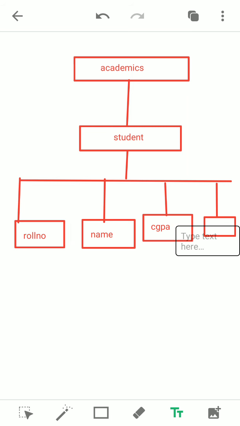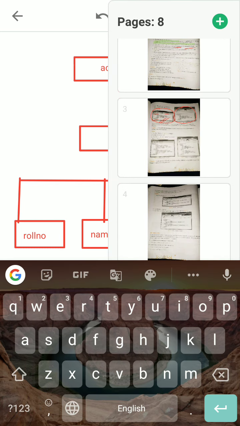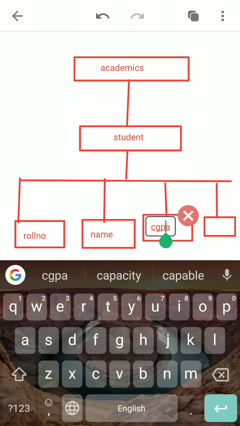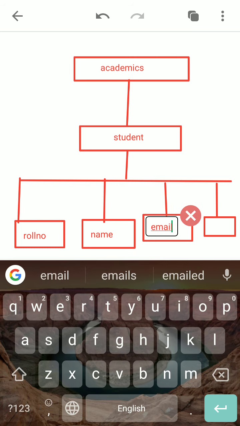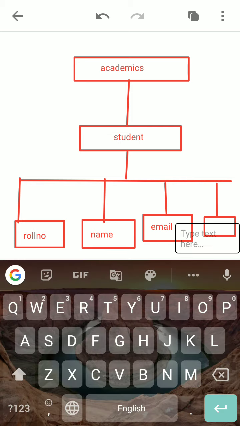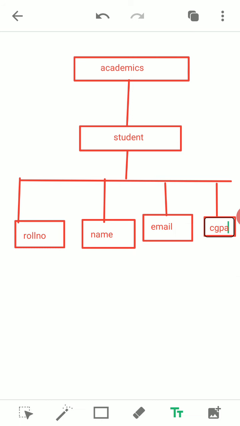CGPA is the grading system in CBSE, where instead of a marks percentage system they have CGPA points. Then the next is email, and the last one is CGPA. So in that way, this is completed.